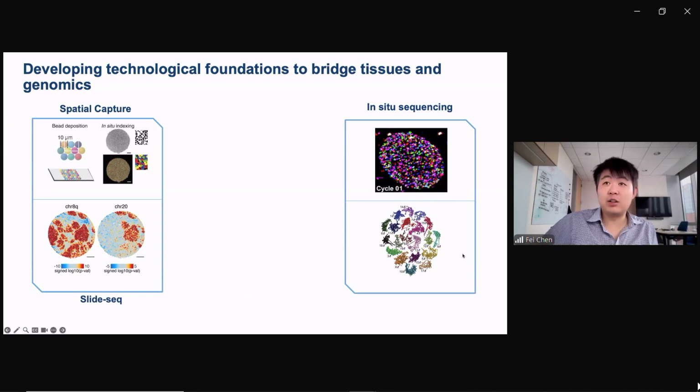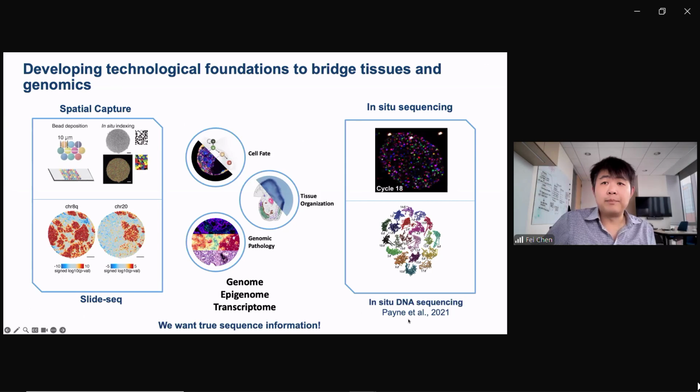The second type of technologies that we've been developing is directly using a microscope and carrying out the reactions that you would find in a DNA sequencer on the cell. For example, we developed some approaches to directly sequence the genome. Here you can see individual rounds of DNA sequencing reactions. This is in a nucleus. Then you can resolve that into the organization of chromosomes. Today, I'll mainly focus on this idea of using Slide-seq.